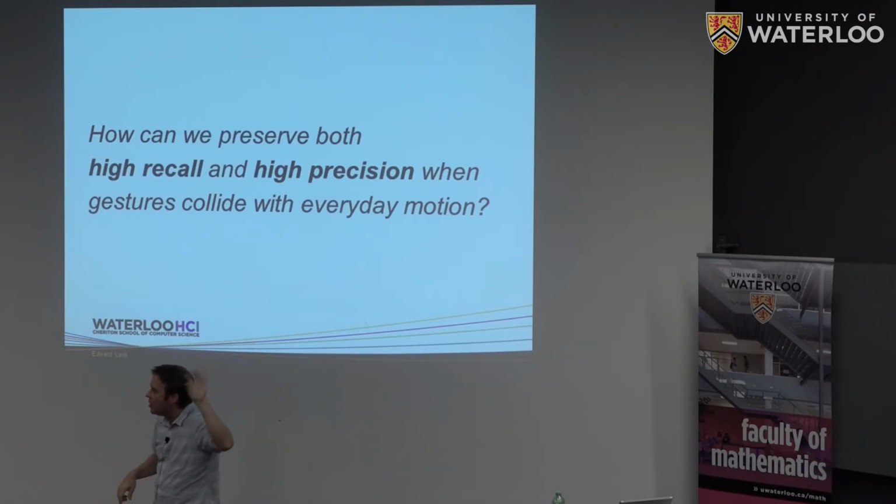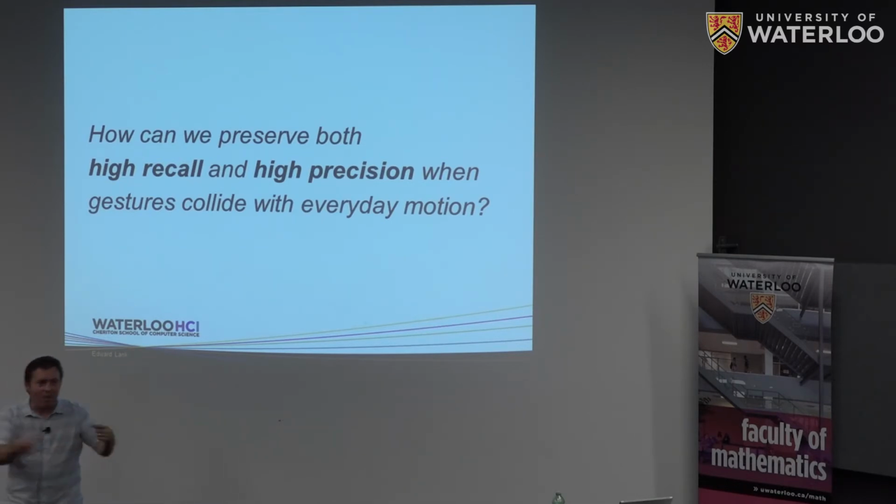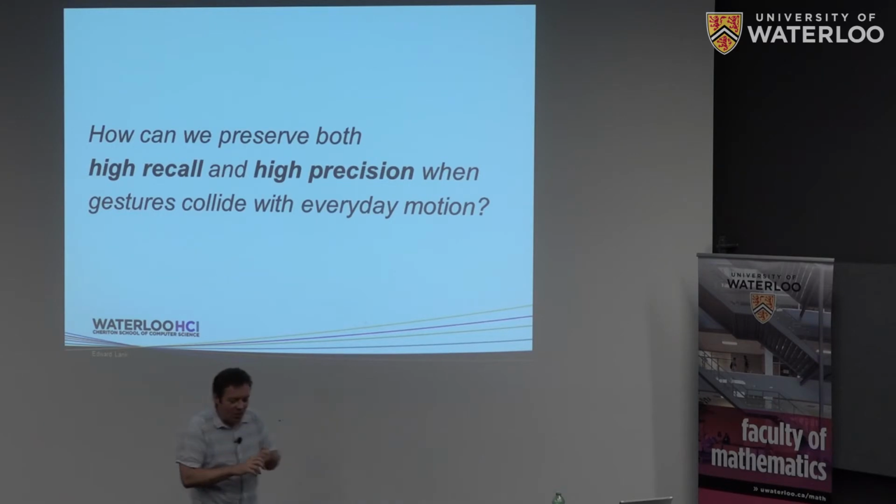When we were doing that cognitive cost work on motion gestures, we had people walking around in a lab around a path that they needed to follow, and they were performing motion gestures along that path, and we were tightening up thresholds so they didn't get false positives. And so because we didn't want false positives, we were actually losing on recall. People would try a gesture, and they would miss, and they'd need to try again.